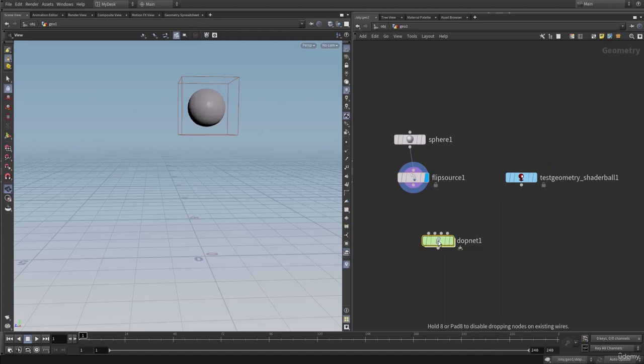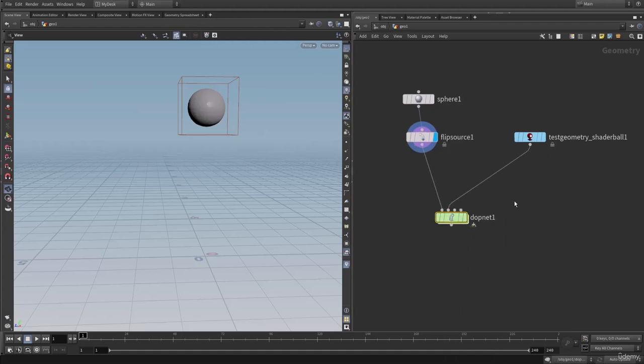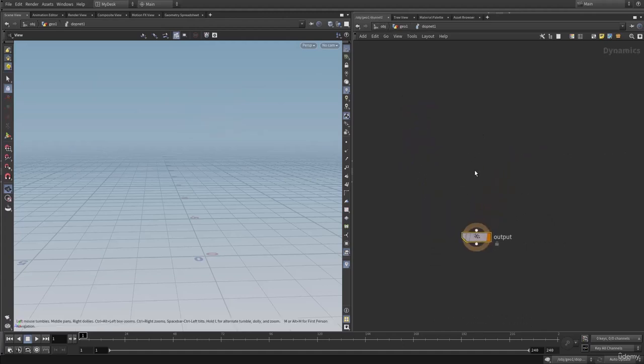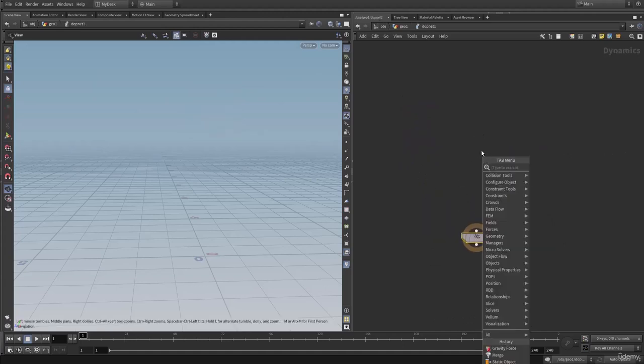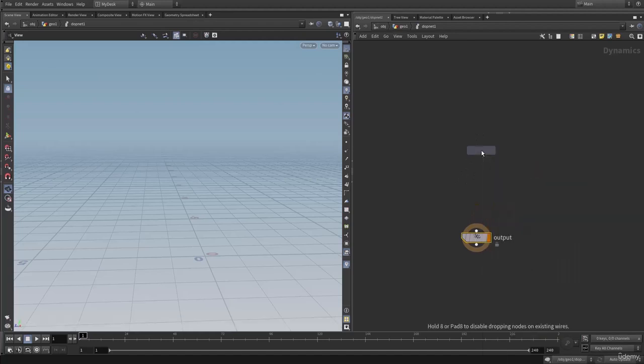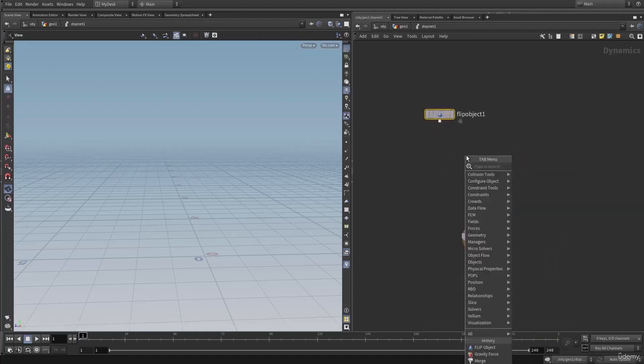Okay, so in here let's add a dop network. Let's connect the dop network, and let's connect this one to the first input, collider to the second input, and let's dive inside, and in here let's add a flip object and a flip solver,